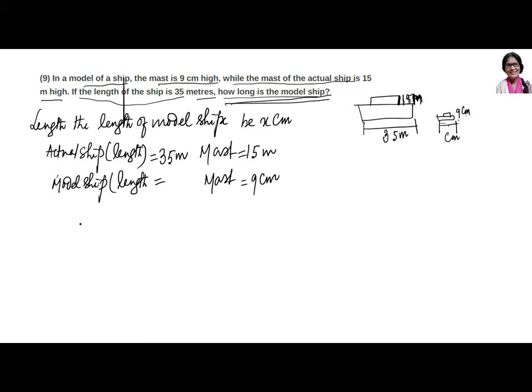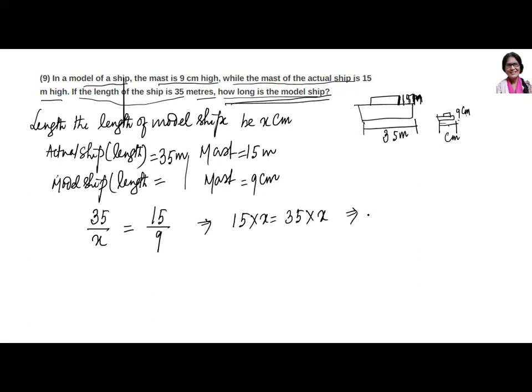So you can write the ratio now. I'm taking as x, so 35 upon x is equal to 15 upon 9. These two are in meter, these two are in meter to centimeter, so no problem. Now cross multiply. 15 into x is equal to 35 into 9,